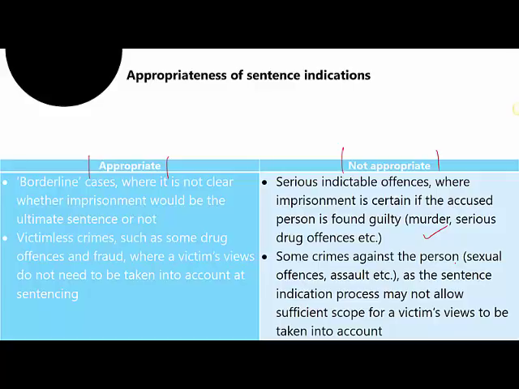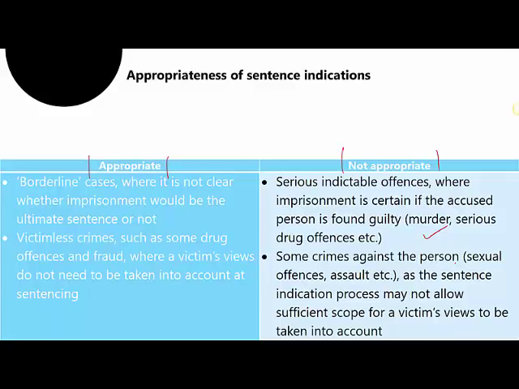Because sentence indications, like I said, you're going through the committal process in the magistrate's court and you ask for an indication. It gets sent off to a judge in the county court who'll just look over it and then kind of make a decision. So you're not on whether you'd go to prison or not.